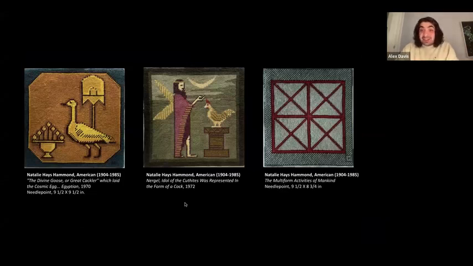Natalie Hayes Hammond is also in the show. She's an artist that the gallery has shown many times before, but she was a scenic designer and a painter, but this is the first time that we believe her needlepoints have been shown in a gallery or a setting. They're absolutely wild